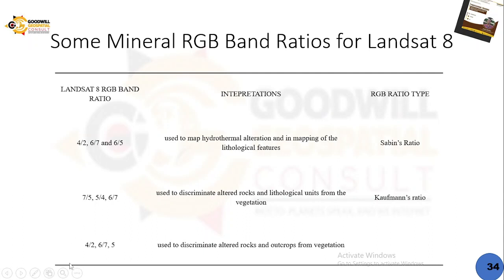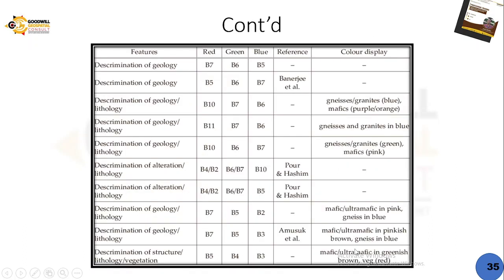So this band ratio is a combination of band ratio and RGB colorations or RGB stacks. We use these ratios stacked together to discriminate altered rocks and outcrops from vegetation. So we can go through all these ones here for the Landsat series. That's the band ratio. This is the band RGB color combination. If you want to discriminate structures, lithologies and vegetation, this RGB 543 combining them in the same order can help